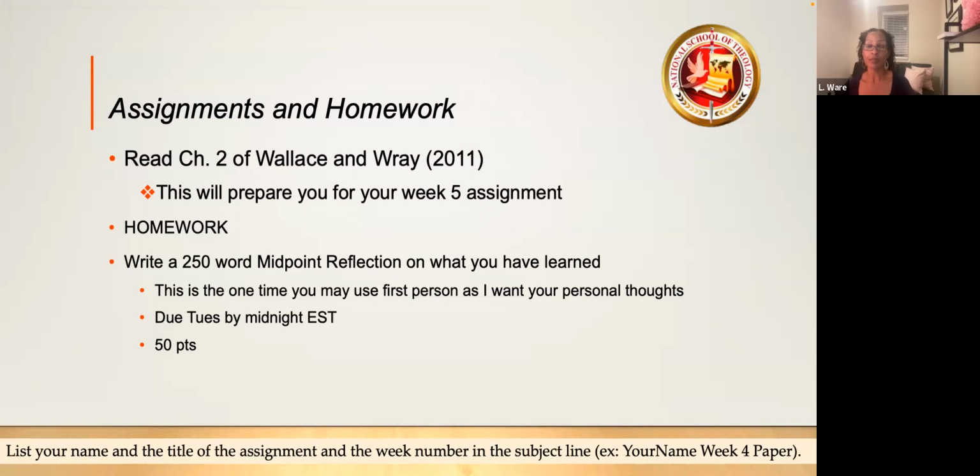I will get your papers back to you. If I don't get it back to you tonight, I'll get it back to you tomorrow for your week 3 paper that you all just submitted, okay? I haven't had a chance to read them all yet. I started one of them earlier and I haven't gotten through it. So I will get the papers back to you so you'll have your week 3 grades. Again, if you have any questions, reach out, send me an email, send me a text. I most likely will not see it during the day, but in the evening, I'll get back to you.